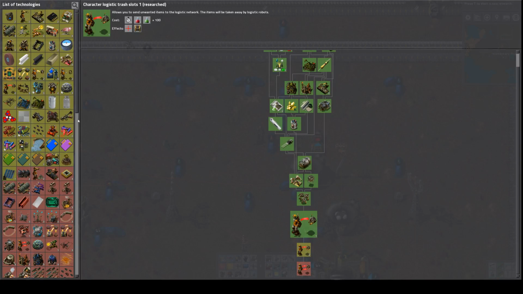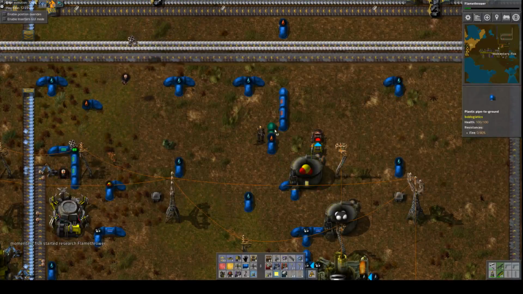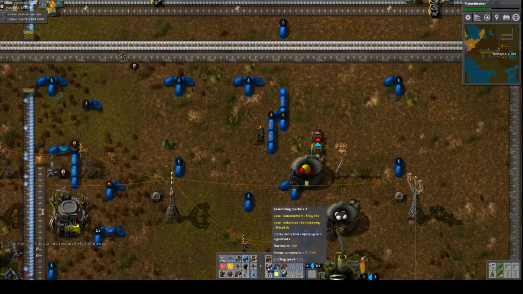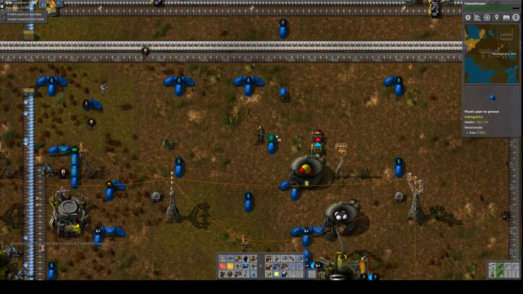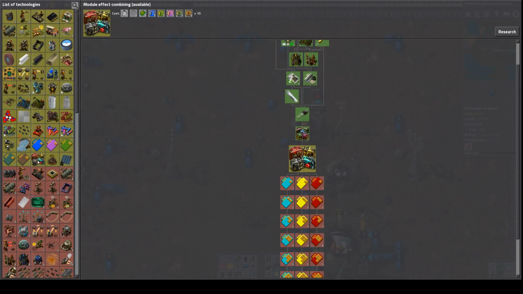Okay, I was saying military. How about a flamethrower? Since we're working on that kind of oil anyway. Let's try to clean this up just a little bit here. That was quick. Flamethrower. We've got the armor-piercing bullets now. Let's do...